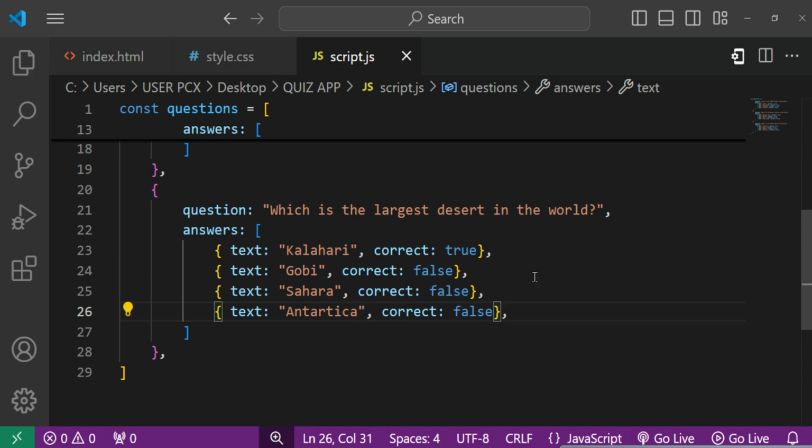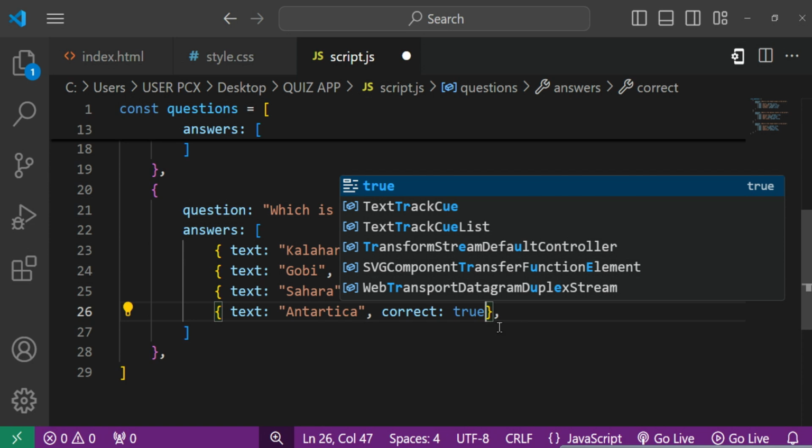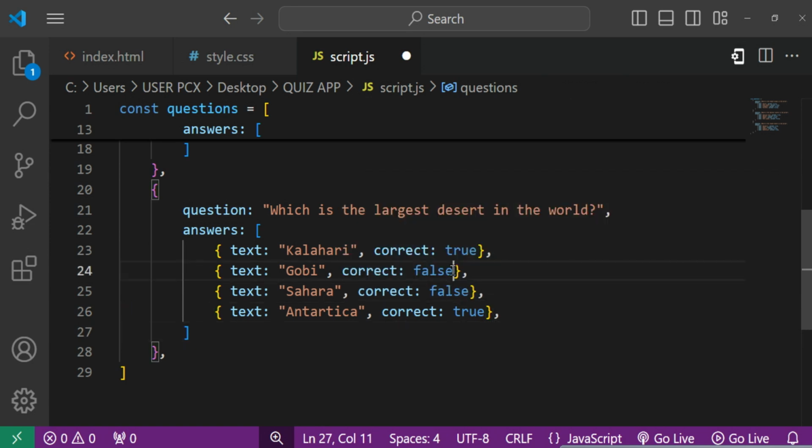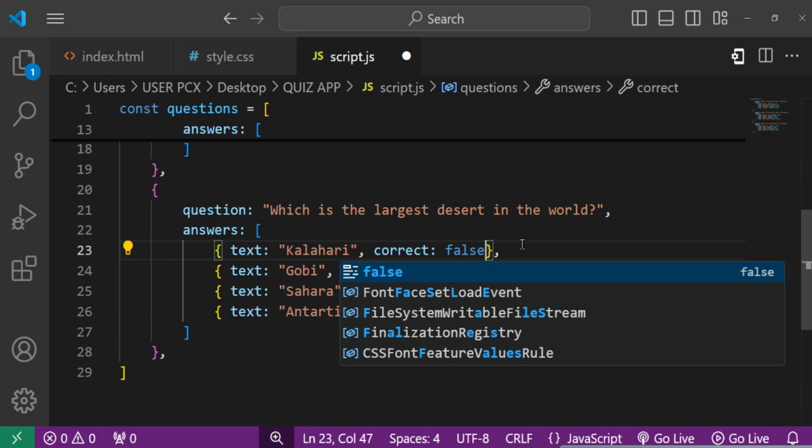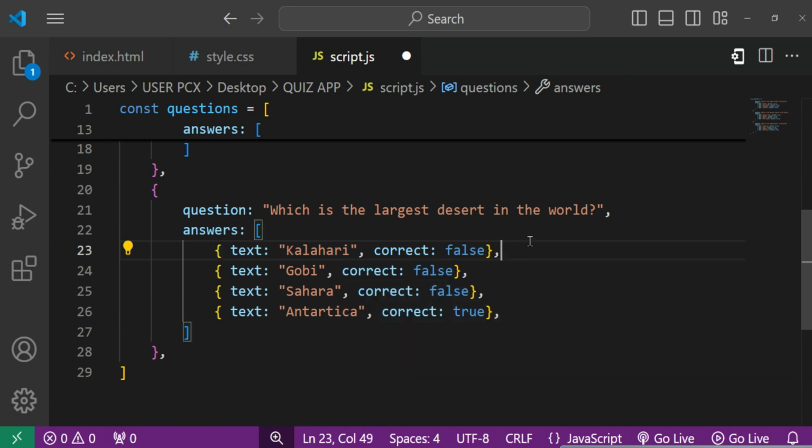So put false in everything except for the one that is true. So this one is true, put true here, then the rest false. So change this to false. So save. Then now for the last one,